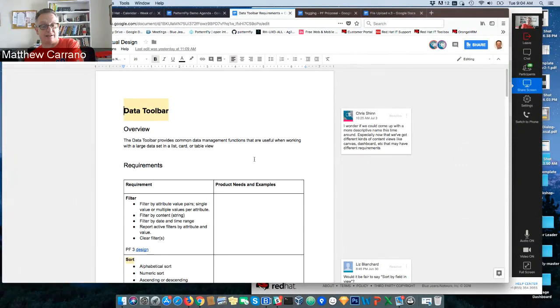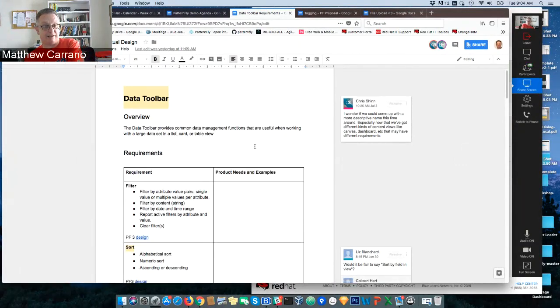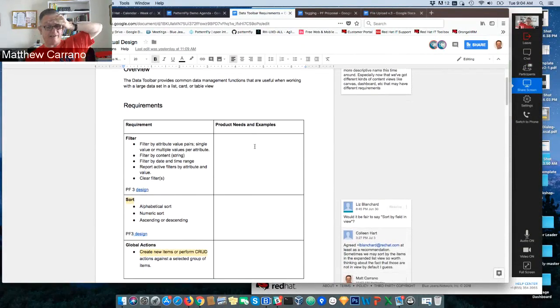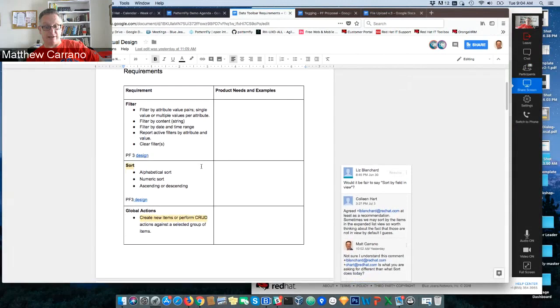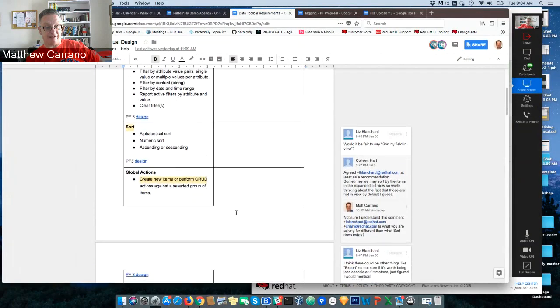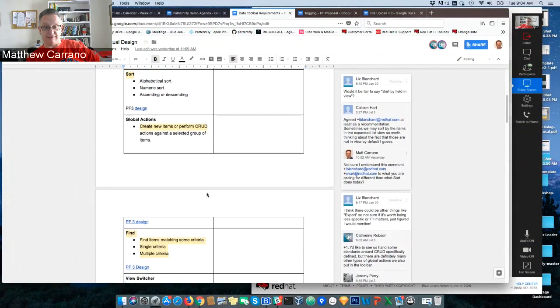So just this document that's linked here just outlines some requirements. You'll see some discussion on some of these requirements, but basic requirements include the need for filtering and different variety of different types of filters, sorting the data set, either alphabetical, numerical sorts, or ascending or descending sorts, global actions,